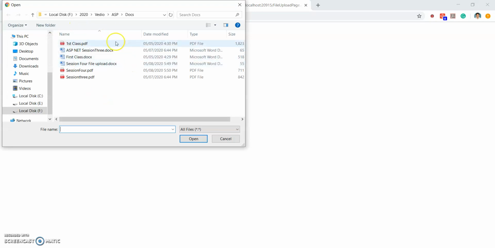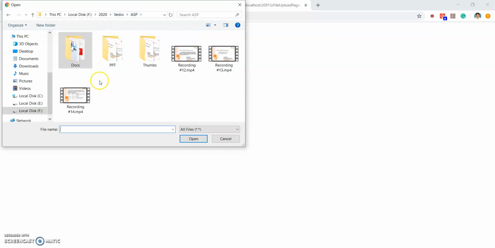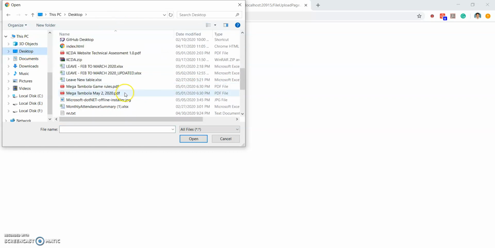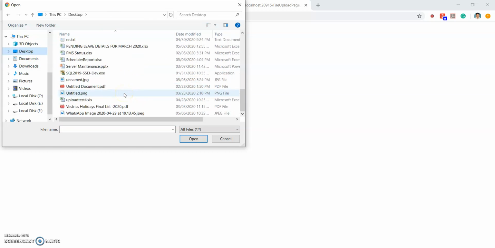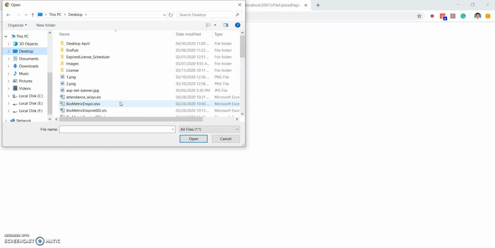Now see, choose file. You can select one file here and upload, but if you click on upload, you can see nothing is happening. So for that, we are going to add our own code.